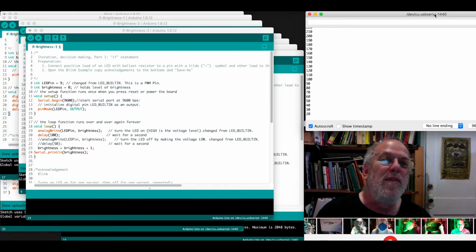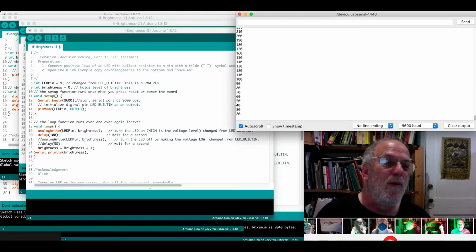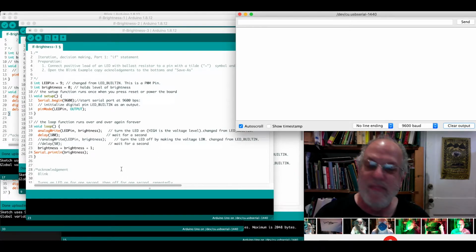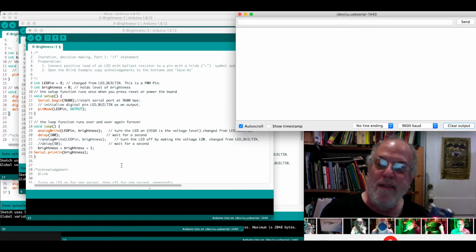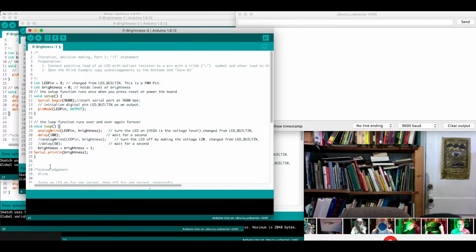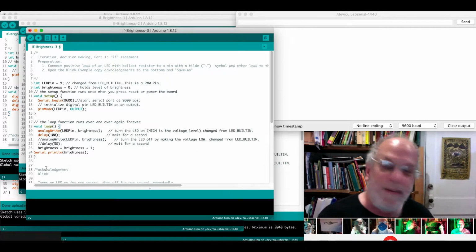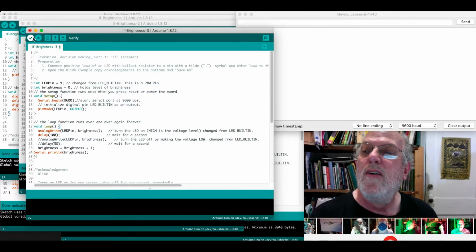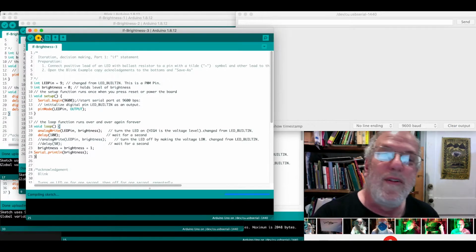In order to be able to see this, we're going to use the serial port at the same time. And you can watch what I have here is serial print line. So this is going to print a line to the serial port. And what I want it to print is in the parentheses there, brightness. So as I load this up,